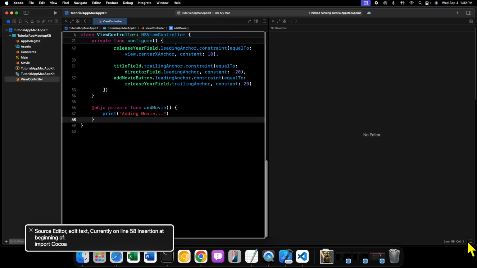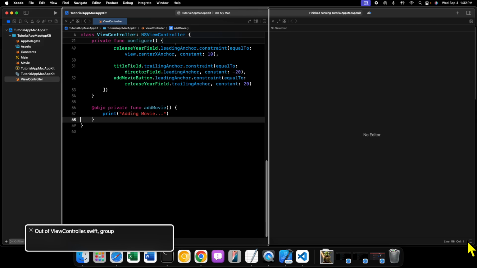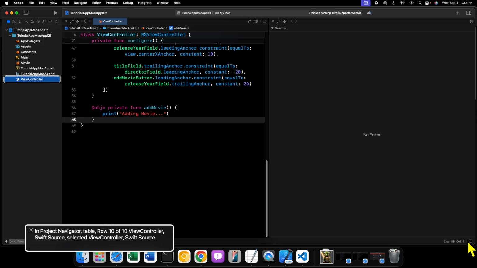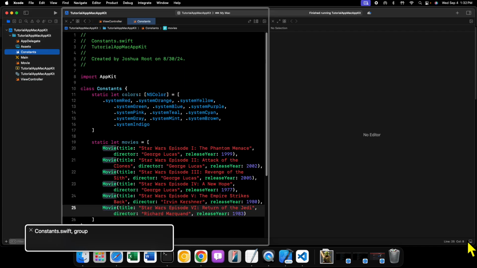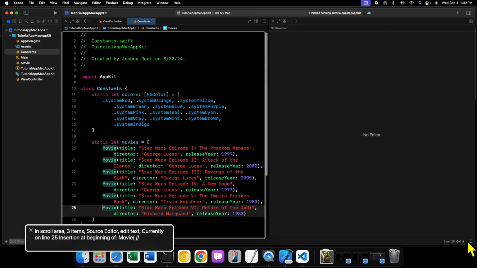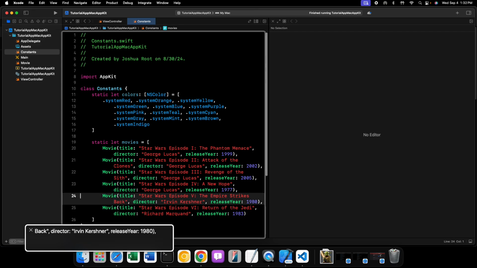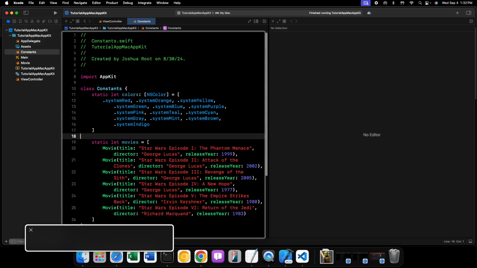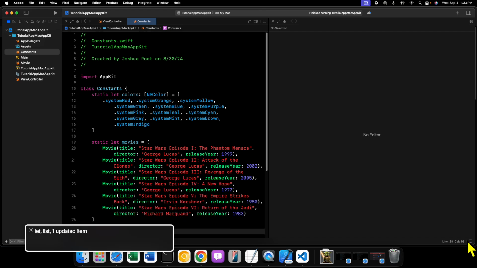Now, in my constants file, I have an array of movies that we're going to use inside of our view controller. So I'm going to go into our constants file here. And you can see the 6 movies that I have here. Now, below the movies here, let's create a couple string constants because we're going to need these. And we'll say static let titleColumnID equals movie_title,